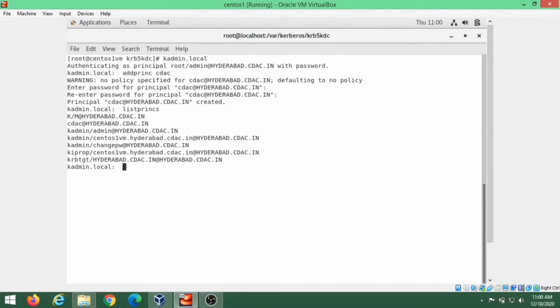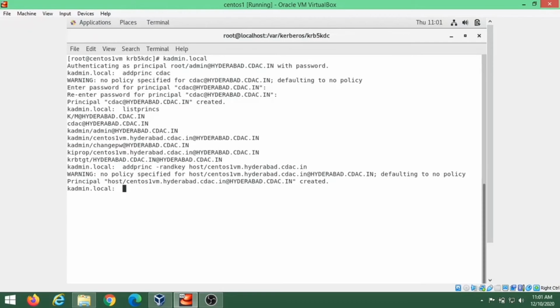We will now add the host kdc1.hyderabad.cdac.in so that it may host Kerberized services. We must add principals for each user. Our host has been added successfully.